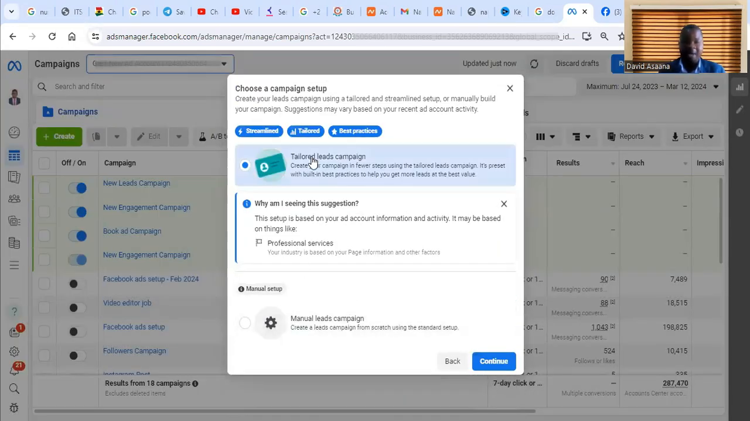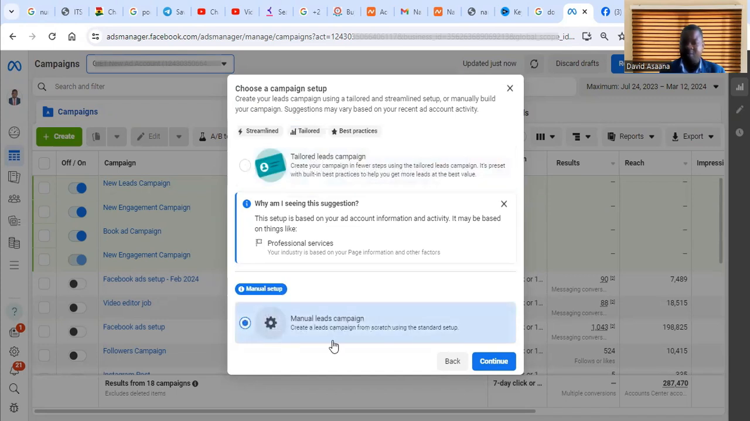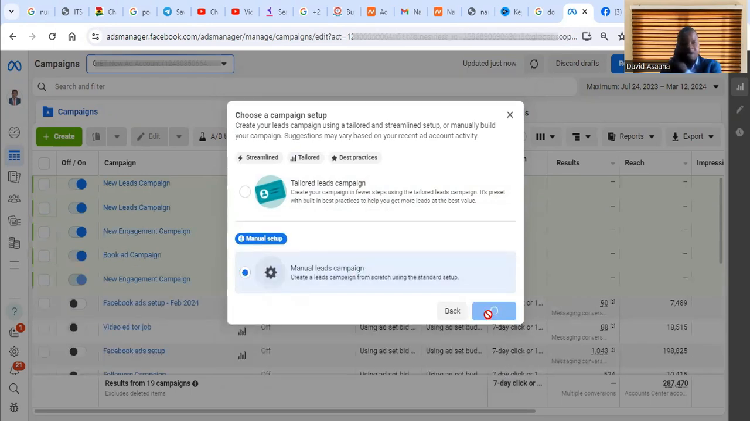Then they may ask you to choose a campaign setup, the tailored campaign. No, don't choose that one. Go down and then click on the manual leads campaign, and click Continue. So when you do that,